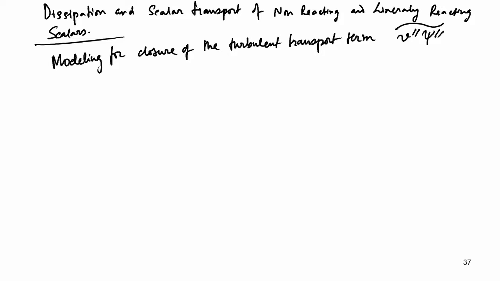So, what is the gradient transport assumption? We will see that, and you will see that it is mainly useful for non-reactive scalars, and we will see what problems you face when you apply it to reactive scalars. So, the gradient transport assumption is that